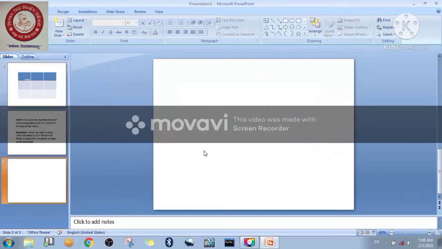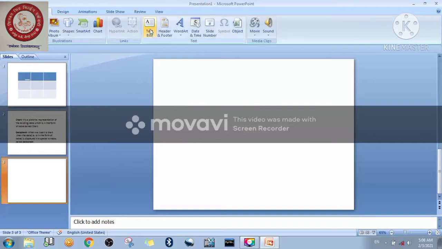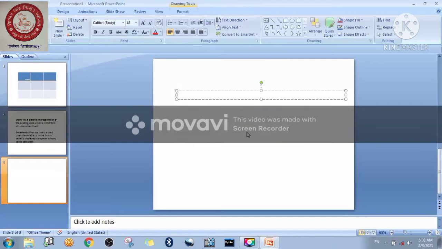Okay, so let's take one more slide. I have taken one more slide here, and before proceeding, let's see what the components of the charts are. First of all, we need to list them out. For giving the list, I'm just going to write it in a slide so that you can view each and everything. So let me take one more text box here, and let me increase the font size also.